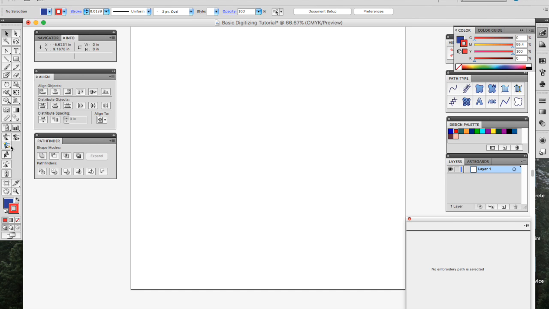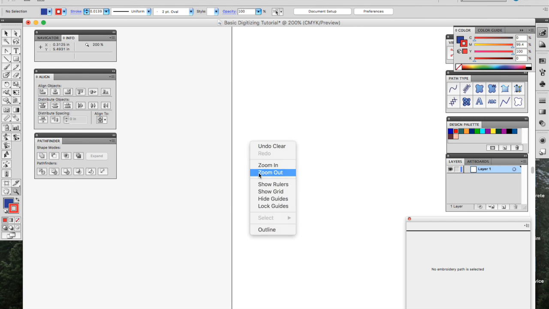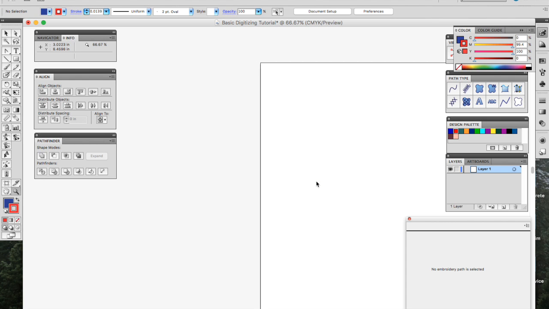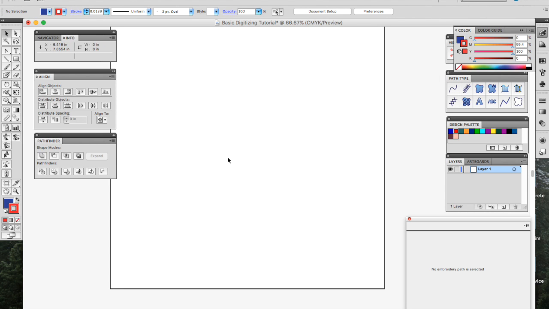Okay, and for now the rest of these you don't really want to worry about, unless you want to zoom in and zoom out like this. You click once or left click to zoom in, and then to zoom out, right click and zoom out. I like the shortcut better, Command minus or Command plus. Okay, so now that we covered these tools,